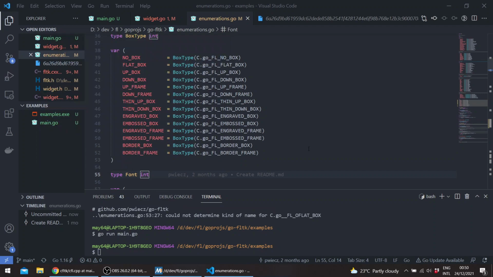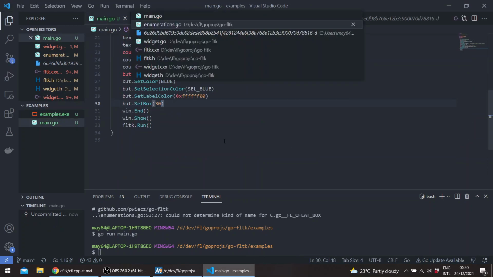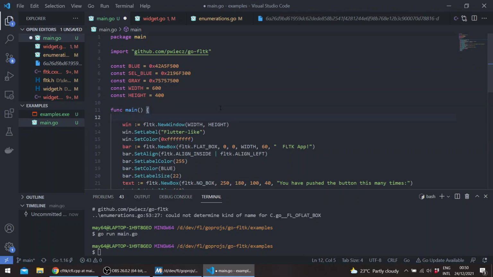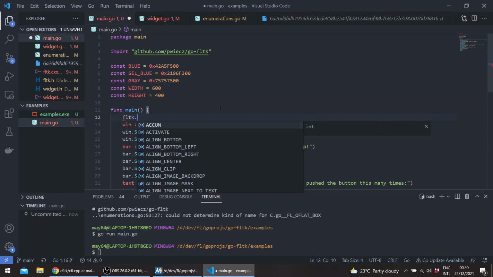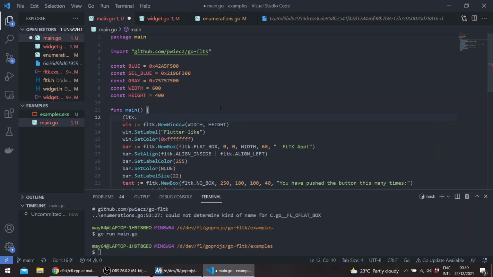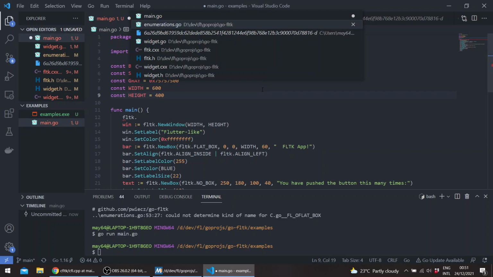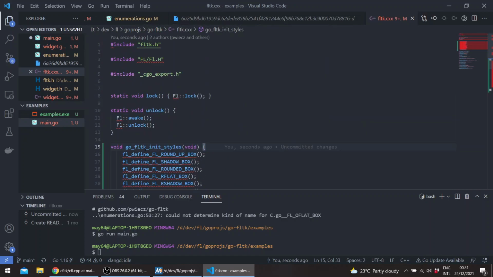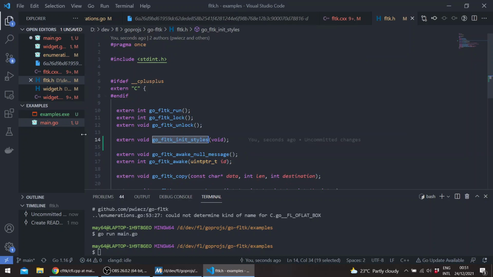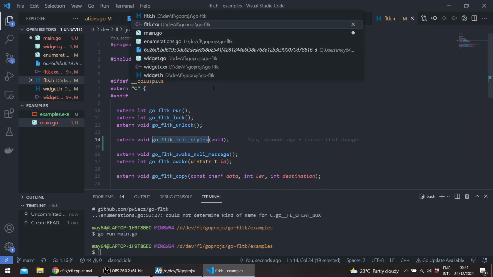Oh, didn't work. Ah, yeah, we didn't call the initializer. Okay, so it was FLTK init. So what was it again? Oh yeah, so FLTK. So we have Go FLTK init styles, and yes, we need to add it to our